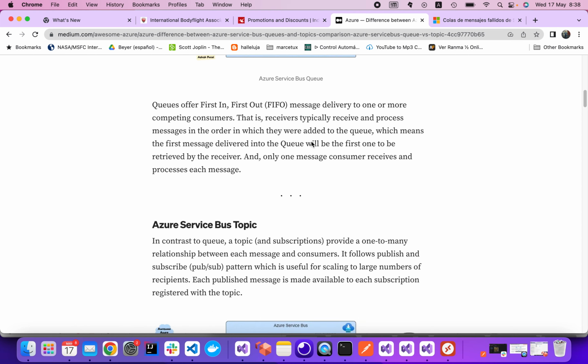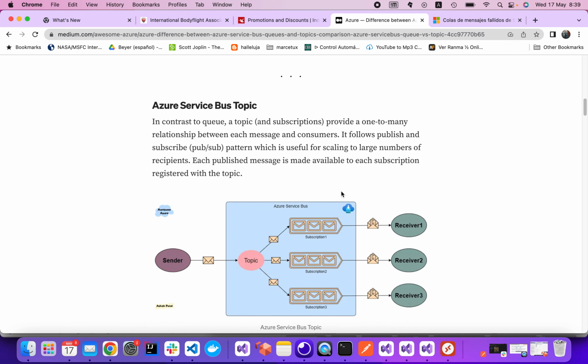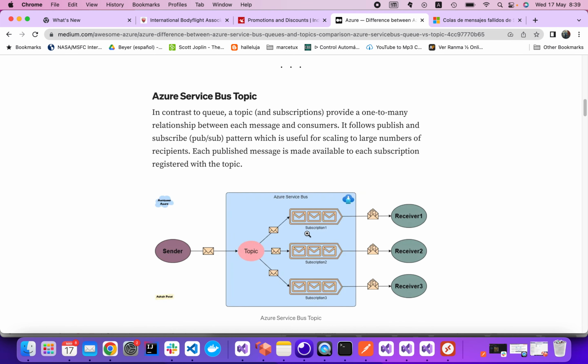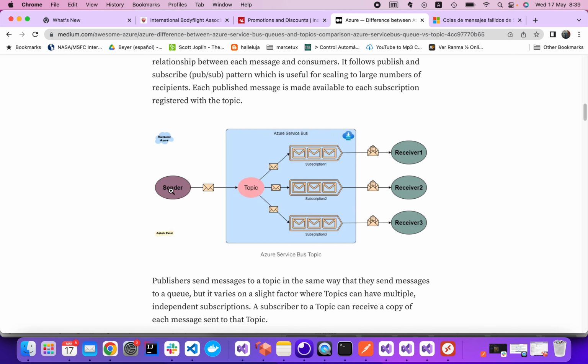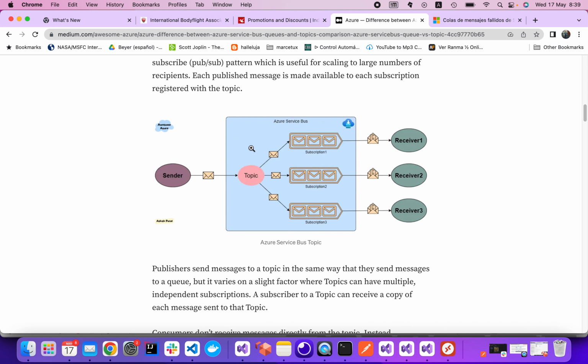The same in topics, we have subscriptions. The subscription is like a separate queue where it's gonna be storing the message, and the topic is in charge just of sending the message to the different subscriptions. So the publisher is just gonna send the message. The message is gonna arrive at the topic. The topic may have rules,